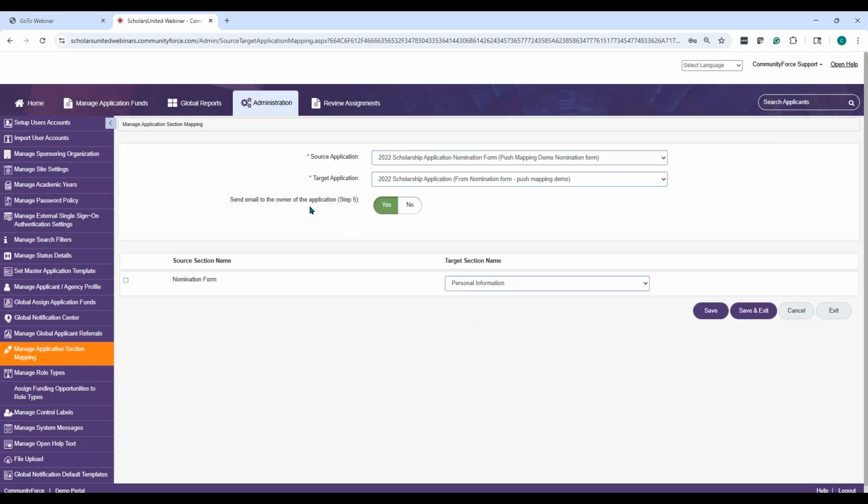Send email to the owner of the application. That's the owner of the source application. Yes, I want to send them an email. And then here, this is where I tell the system in my nomination form, this is the section that's called nomination form. When it gets to my target application, look for a specific section,